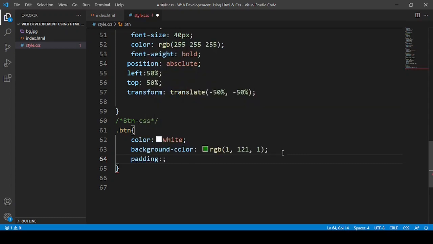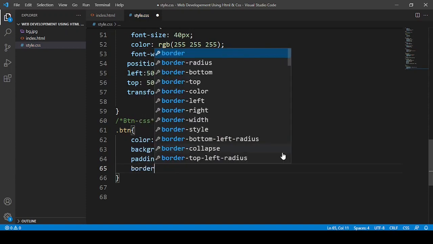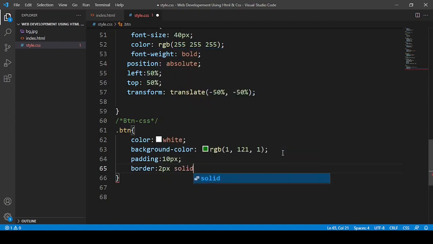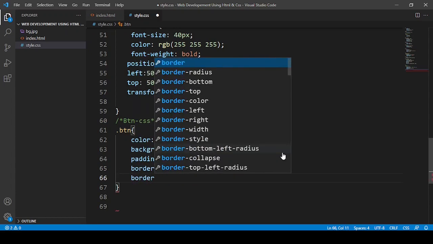Then I'm going to say padding. How much padding do you want? For example 10px from all sides. Then you might want a border, so how much border? 2px solid, and this time I'm going to say border black. Then you want border radius, so how much?